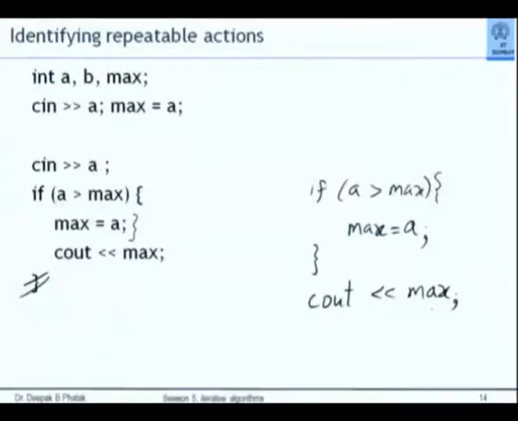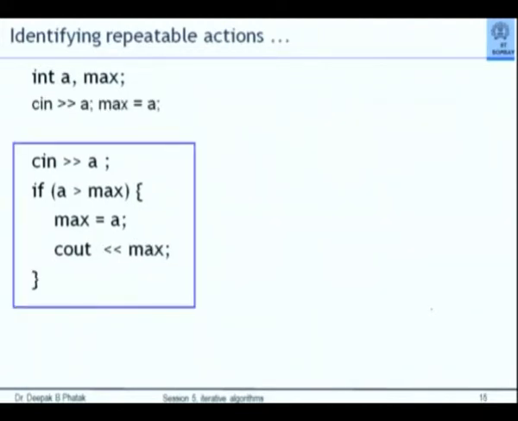because indentation, remember, indentation of my lines is supposed to indicate to me the block structure. And the fact that cout << max is at the same indentation level as if means that only when you finish the block of if and come out, you have to do this. Okay. The same mistake here. What have I done? Why have I put that in blue? Because these are the set of instructions which I want to repeatedly execute.